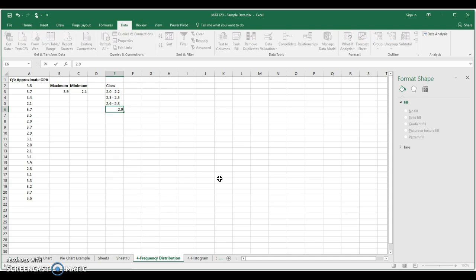I'm going to go to 2.9 and then to 3.1, and then from 3.2 to 3.4, 3.5 to 3.7, and then 3.8 to 4.0. And it should make sense that I'm going to cap out at this because my maximum is 3.9. Now I have 1, 2, 3, 4, 5, 6, 7 classes, and all of those classes are going to